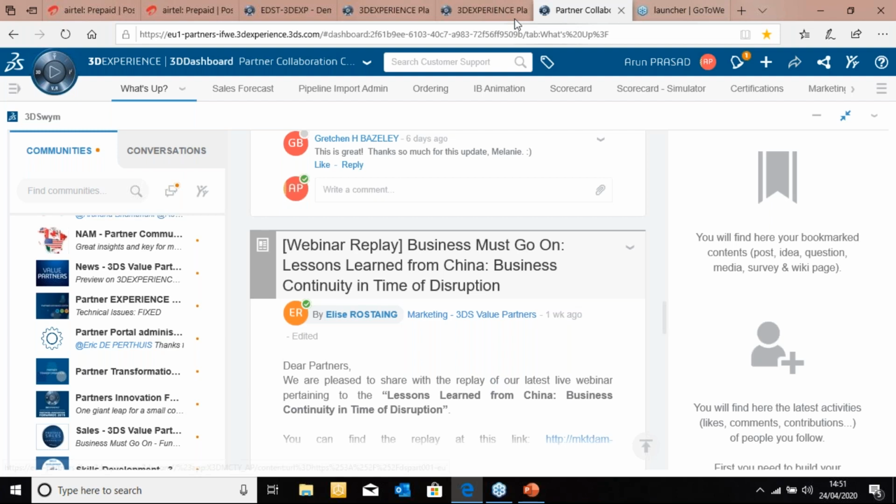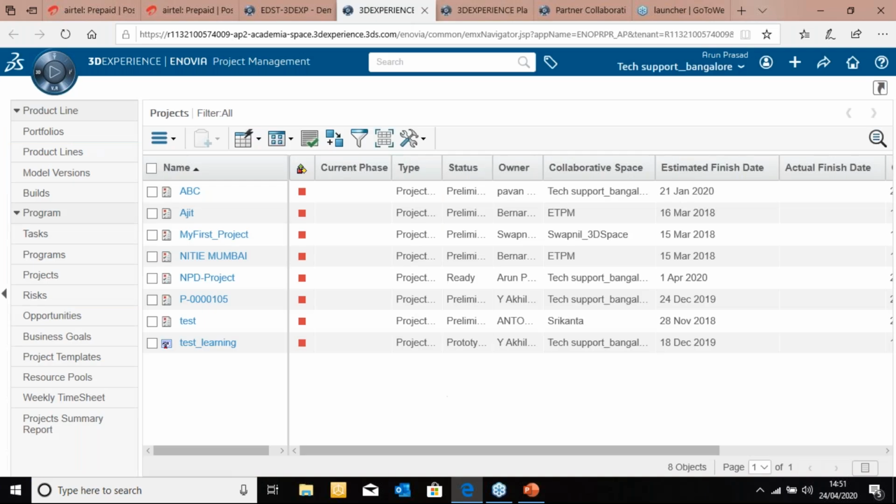I'll just take you to that. So it gives you access to the entire project deliverables that I'm currently running in the organization. As you see here, the project management, I will explain this in detail when I finish my next slide in the presentation, so that gives you visibility.